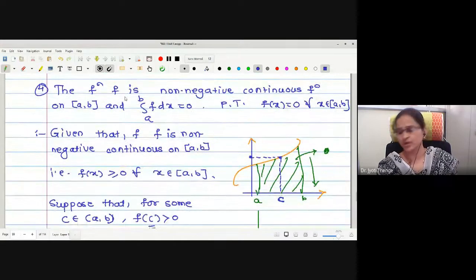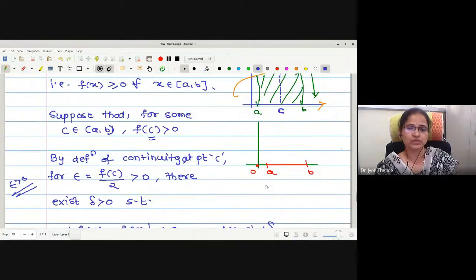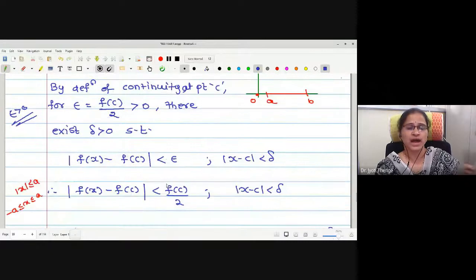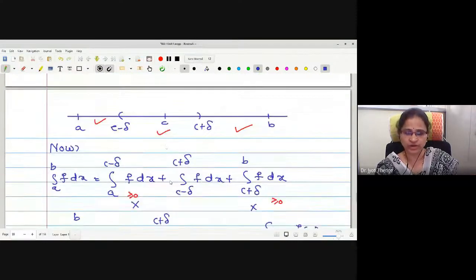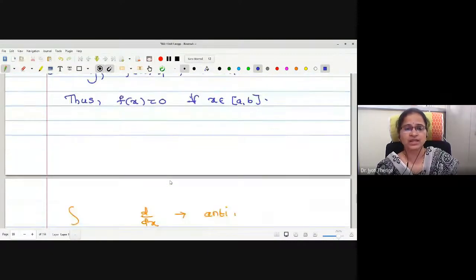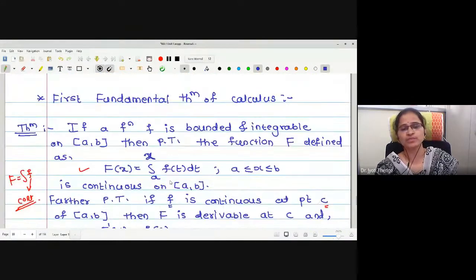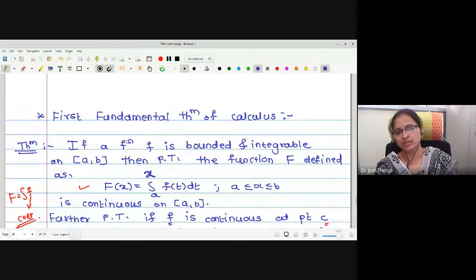One more example we have proved is that whenever we have a non-negative continuous function whose integration is 0, then the function must be 0. This is what I told you geometrically, the reason why the function should take the value 0. But mathematically one should prove this, and the proof we gave was by assuming there is one point C where the function takes a positive value. As it was a contradictory assumption, somewhere we are going to get a contradiction, and hence the result follows.